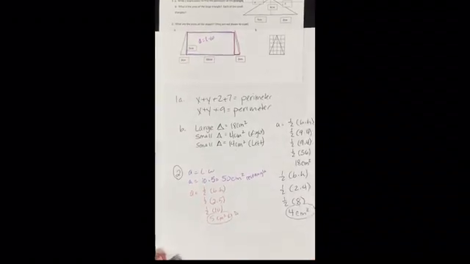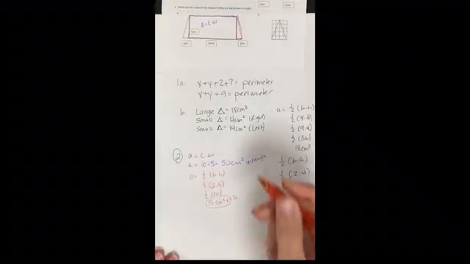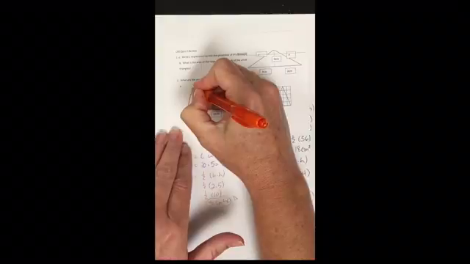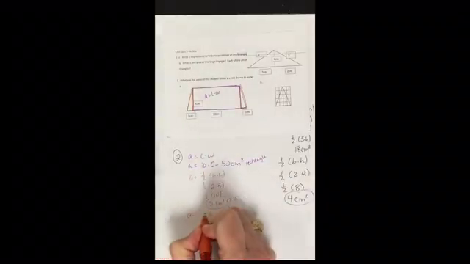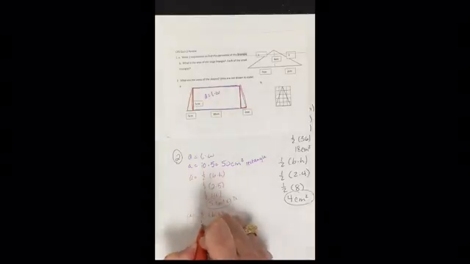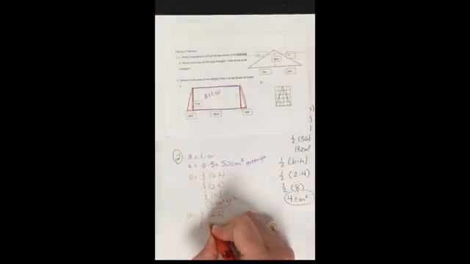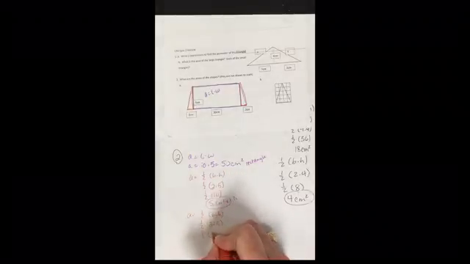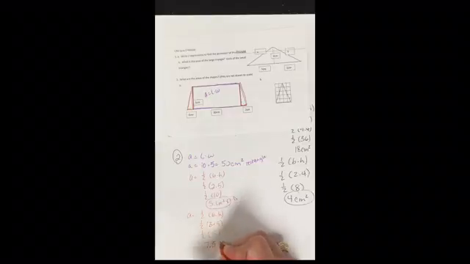And lastly, we need to do the left triangle. This one here. And that one is going to be 1/2 base times height for area of a triangle. 1/2, my base is 3. My height is 5. 1/2 of 15, which is 7.5, and it gives me centimeters, so it's centimeters squared,